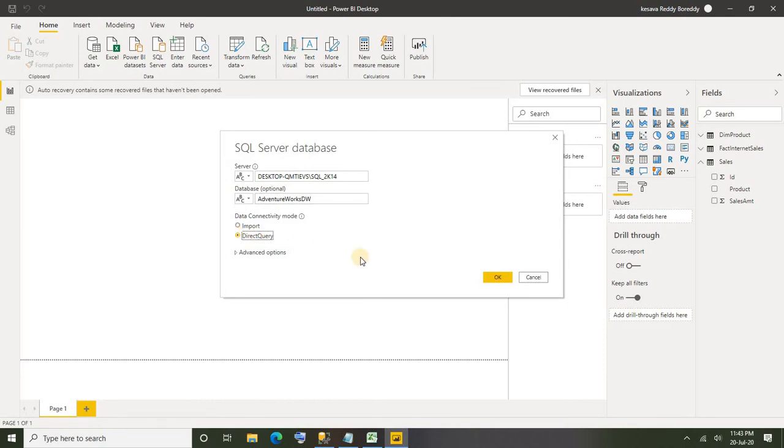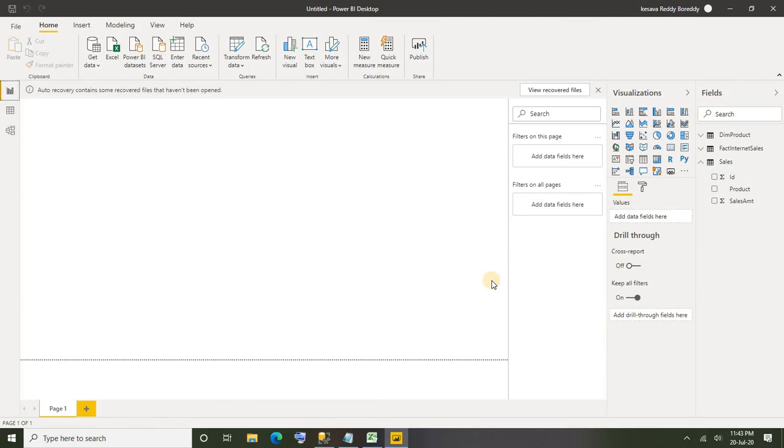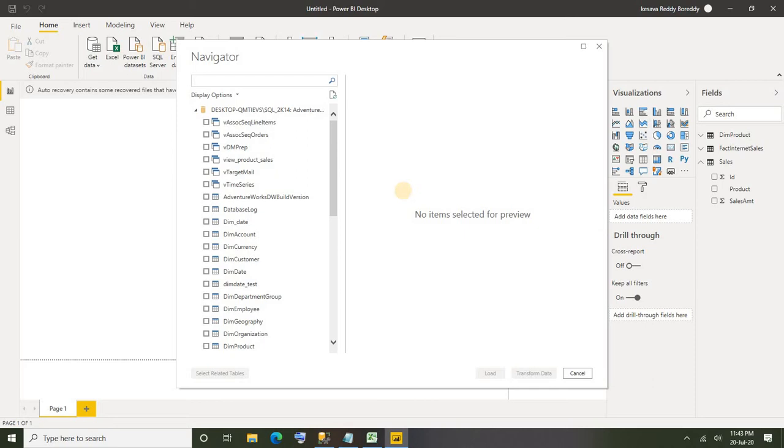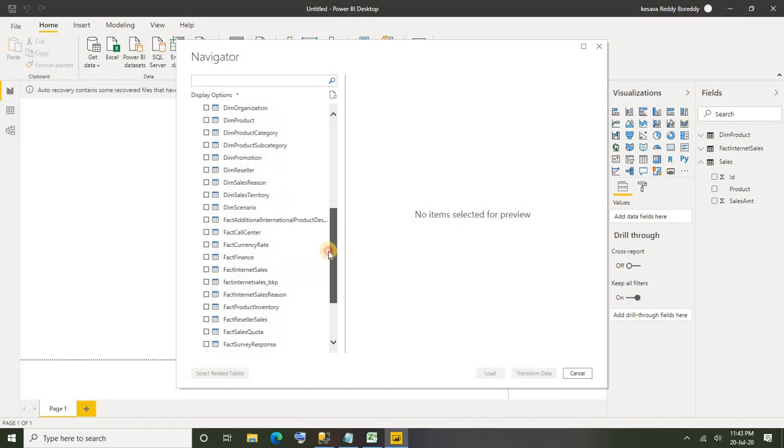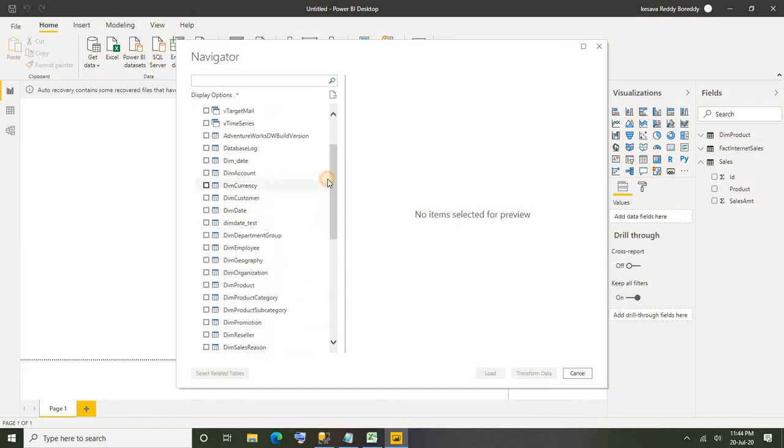Okay, I've got nothing to do, just say okay. The way we load tables with import and direct query looks similar, but data is never stored in your Power BI when you go for direct query.